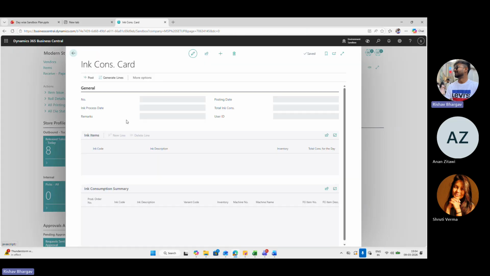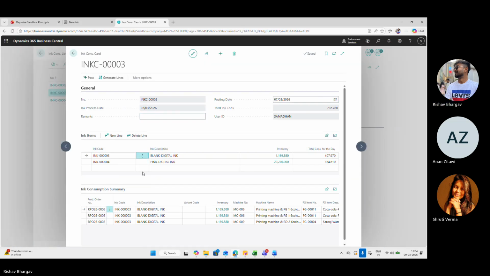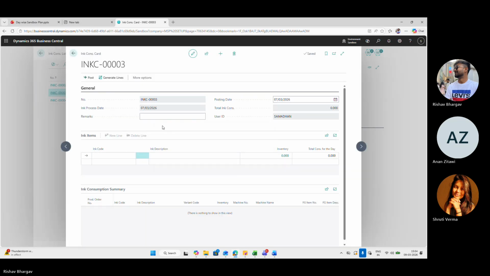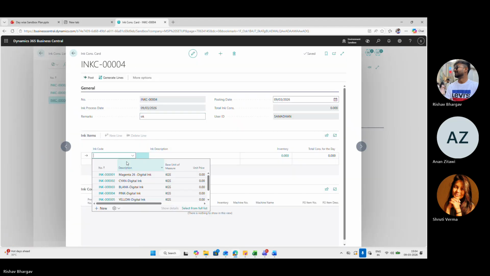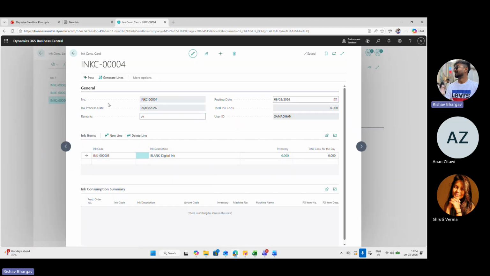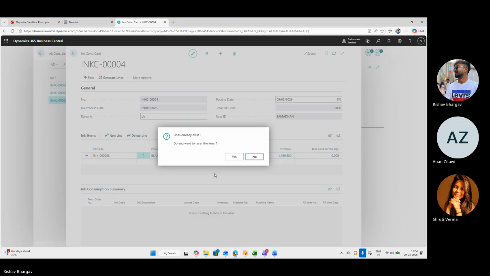Just let me remove this. So here we select ink 3 and we generate line.